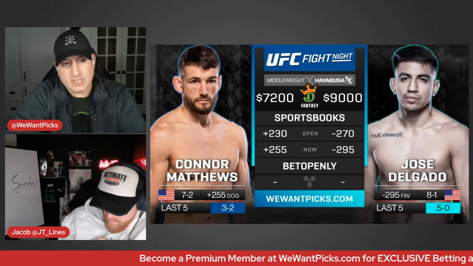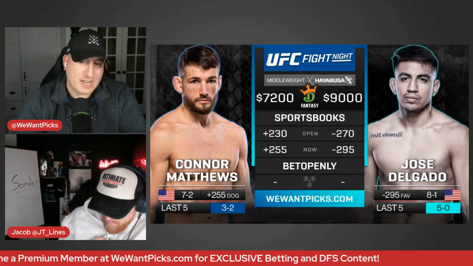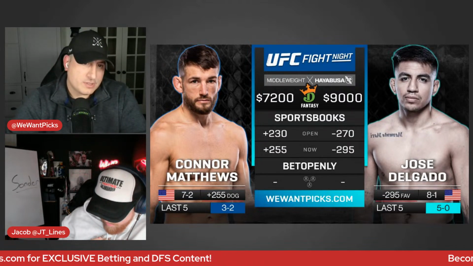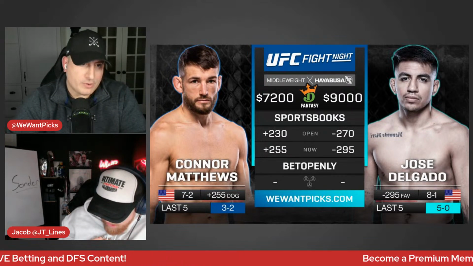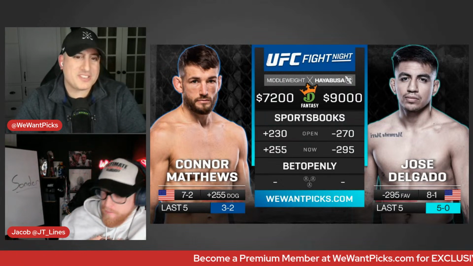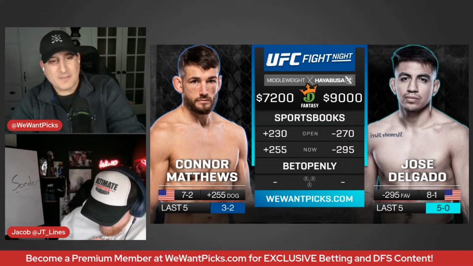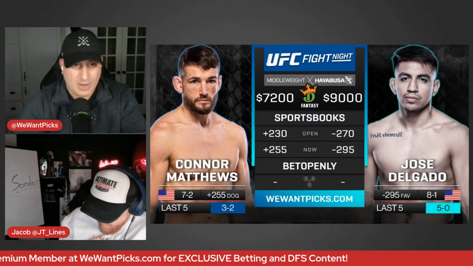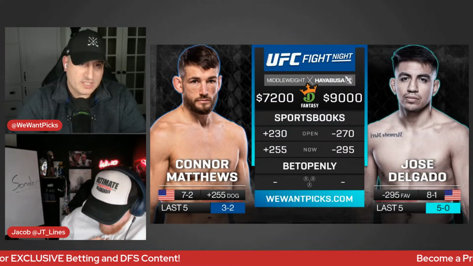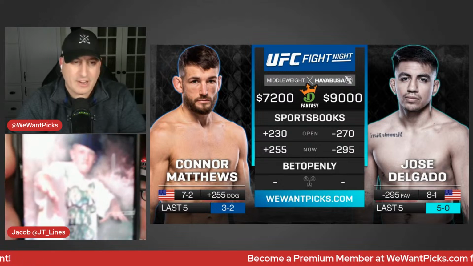Thank you so much. Next up, at UFC Vegas 102, we got Connor Matthews taking on Jose Delgado. Connor Matthews, 7-2 in his career, 3-2 in his last 5. KO lost to Dennis Bazooka, taking on Jose Delgado. 8-1 in his career, 5-0 in his last 5. He is making his UFC debut. And this is going to be a pretty fun matchup because Jose Delgado, dude,